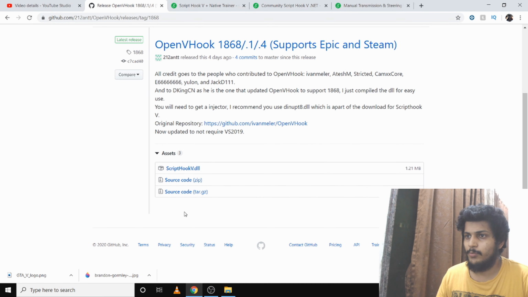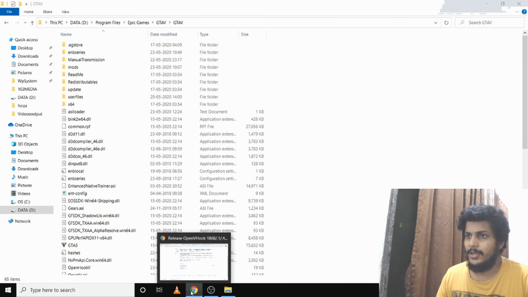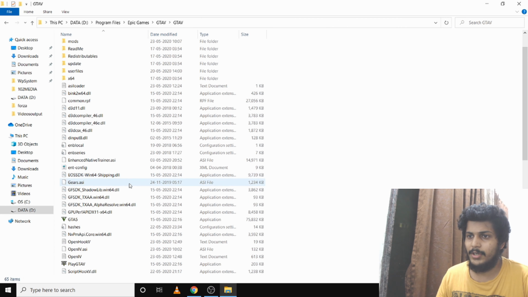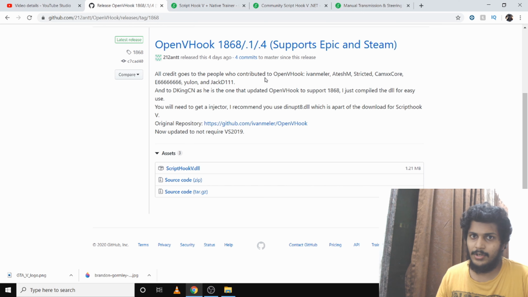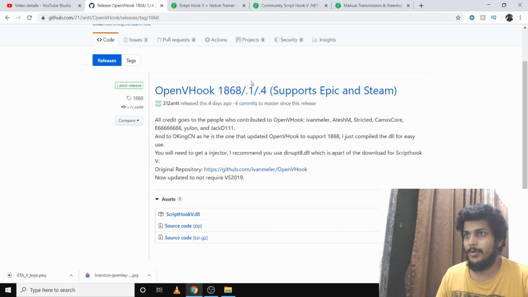So it is scripthookv.dll file. So this is my particular files where the steering wheel is working. So here we have copied the first file, that is scripthookv.dll. Okay, once done with that, you are completed with step number 1. Anyways, let's go to step number 2.